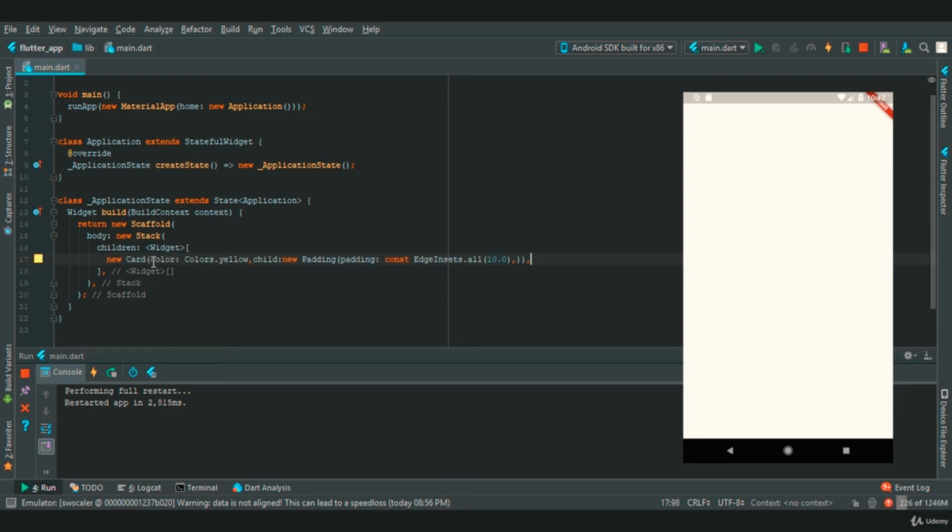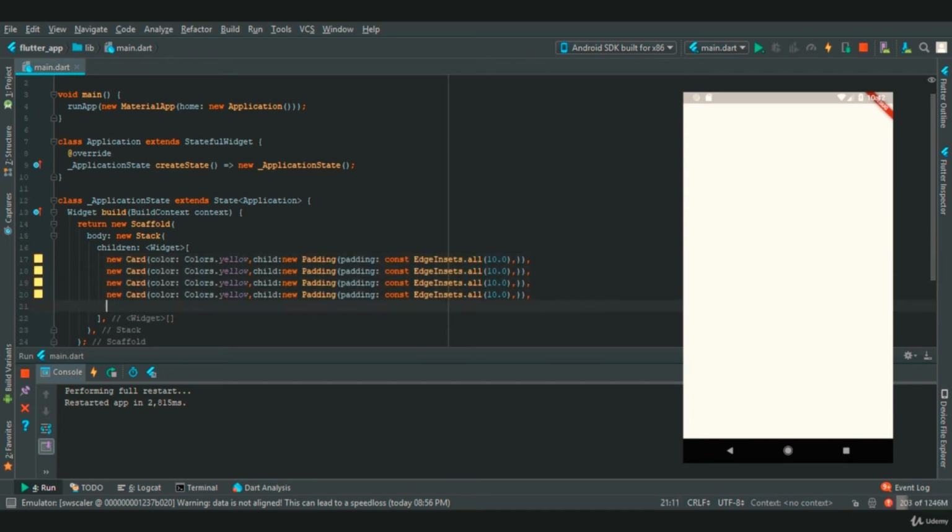So we are going to provide a total of 5 card widget, and each card widget will have a different color so that we can properly define them. Red, let's say green, blue, and the last card will be brown.